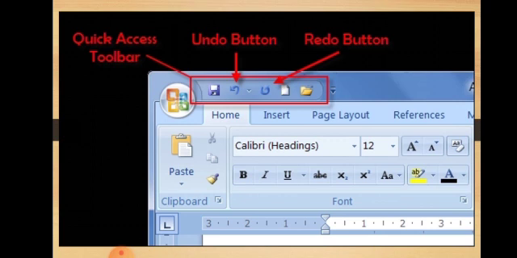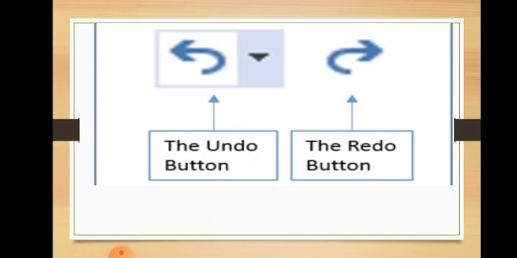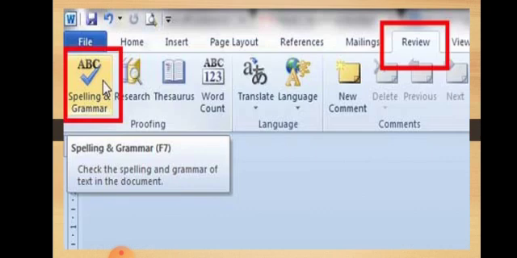And the redo command reverses the action of the undo command when we click on the redo button. All these buttons are present on the quick access toolbar. You can see the undo button and redo button on the screen.